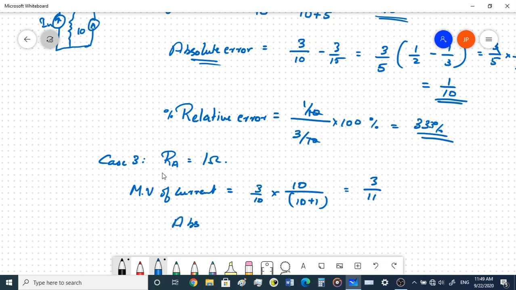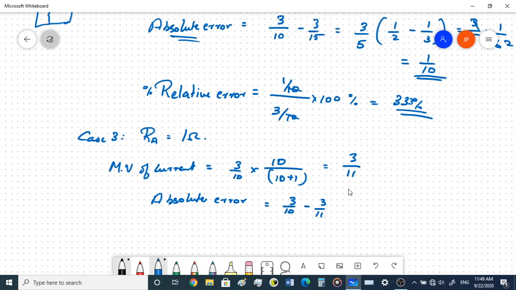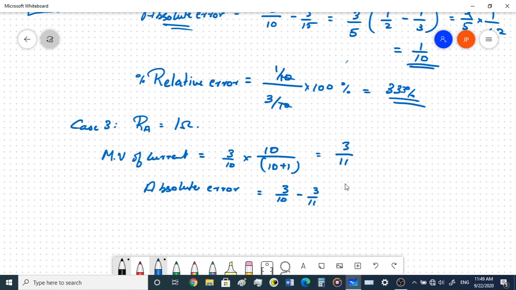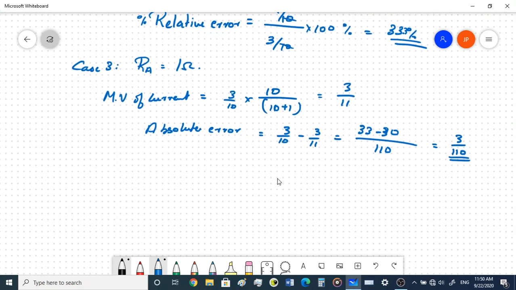The absolute error would be 3 by 10 minus 3 by 11. If we cross multiply this value, we'll get it as 33 minus 30 by 110, that is 3 by 110 is the absolute error, and the percentage relative error would turn out as